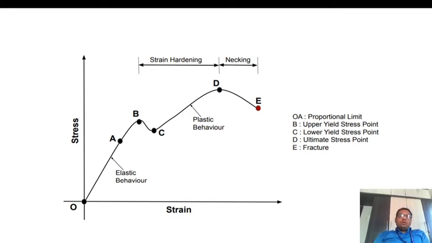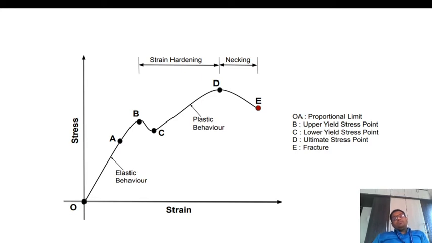Ultimate point or ultimate load is the maximum load that we can apply onto that material. As I have said earlier, we are conducting a tensile test, and in that test the force value is increasing from 0 to maximum. That maximum value of force is nothing but your ultimate point, capital D. So point D is the ultimate load that you can apply onto a material.